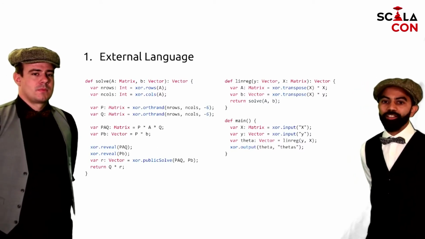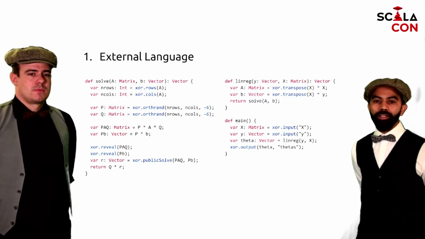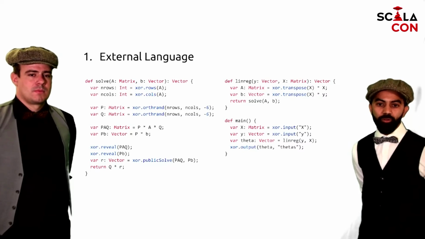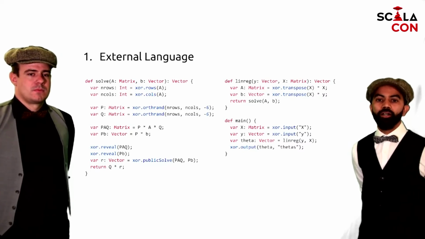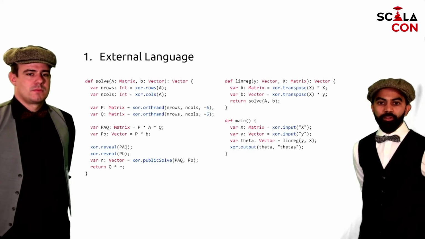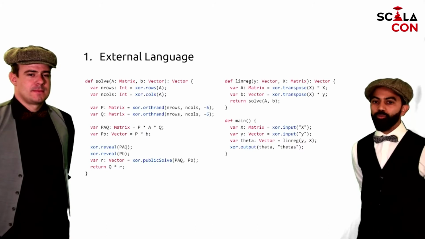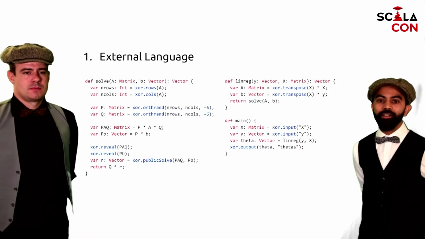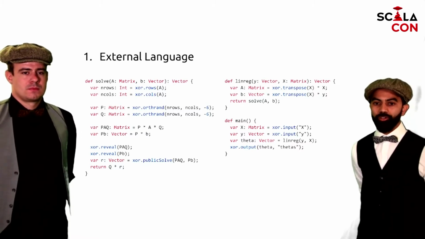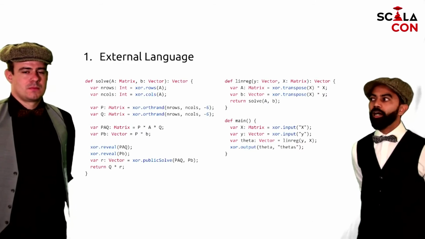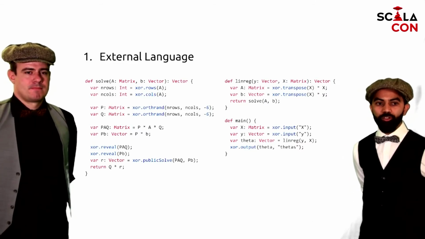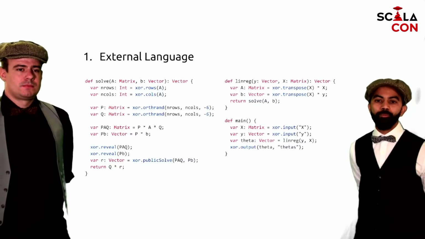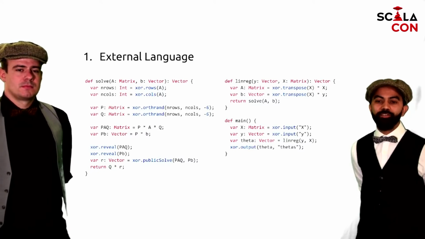Well, here's what the external language looked like. If you look at it closely enough, it looks a lot like Scala 2, and maybe a little bit like MATLAB. So the syntax was very close. We had more semicolons. However, the main difference here is that we just have very primitive types: matrix, vector, int, that's practically all there is. On top of that, all the operations you see, which are prefixed by XOR here, are all built-in operations in our language. So this is very specific to the domain of MPC. And we have some basic way of writing functions as well.